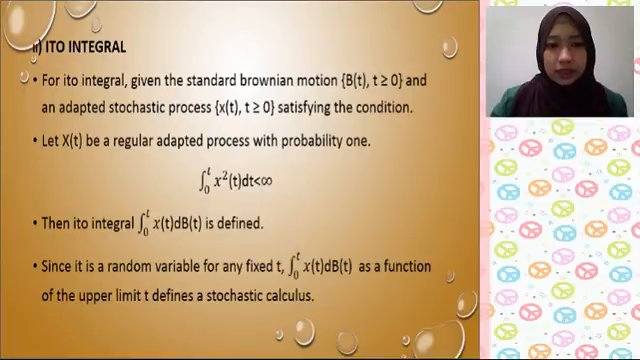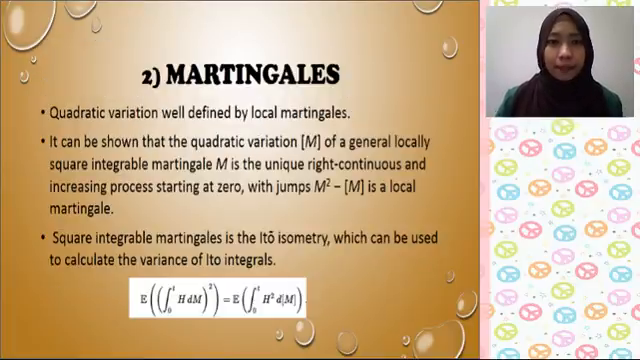Since it is a random variable for any fixed t, the integral from 0 to t of X_t dB_t has a function of upper limit t, defined in stochastic calculus. Lastly, martingale. Quadratic variation was defined by local martingale. It can be shown that the quadratic variation